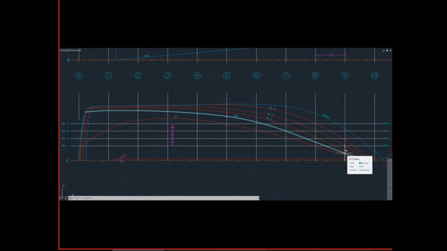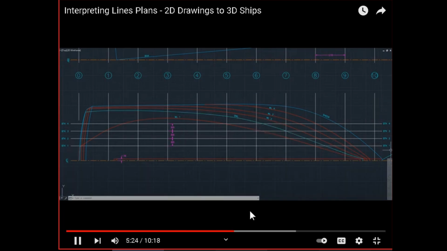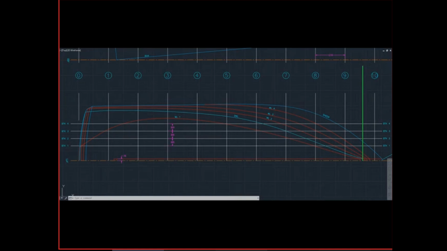Now, of course, I mentioned earlier the DWL, which I'm very interested in, because this allows us to calculate a bunch of really important hull coefficients. So things like the water plane coefficient, this is where we're going to be calculating it. It is also very interesting to note, if you look at it carefully, that essentially what I've done is create an X and a Y axis, and then the water line basically